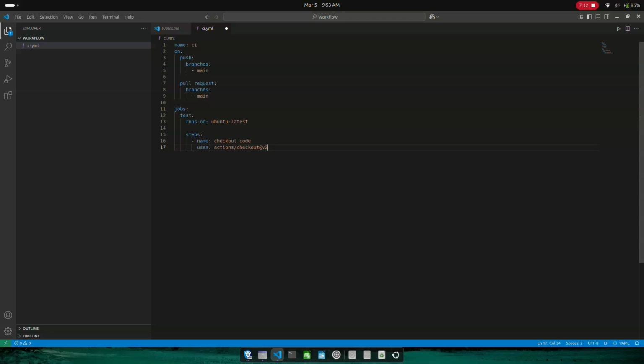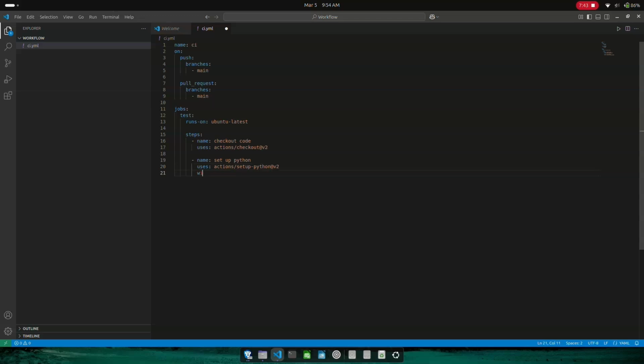So we'll have multiple jobs. So I'm just copying it. So the next job is set up Python. In actions, we'll have setup minus Python or hyphen, whatever you want to say.